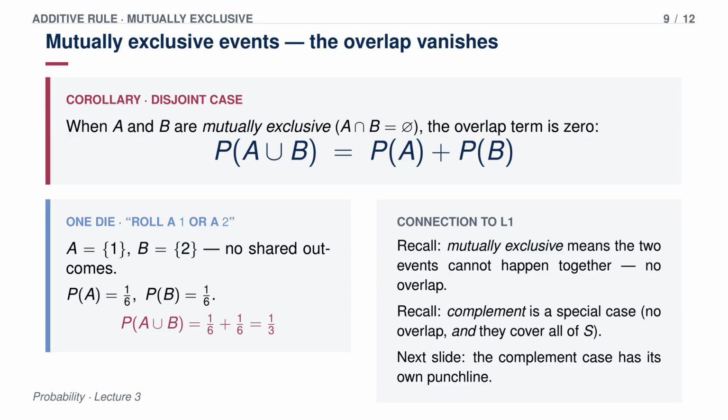Yes, and this actually connects directly back to our earlier discussions about mutually exclusive events. Oh, from week 1. Right. If two events are mutually exclusive, it means they share no outcomes whatsoever. They cannot occur at the same time. So they're completely separate circles of light on the stage. Exactly. And if they share no outcomes, the overlap is 0. The term we subtract at the end of the additive rule just vanishes. Which means if A and B are mutually exclusive, the probability of A or B is simply the probability of A plus the probability of B.